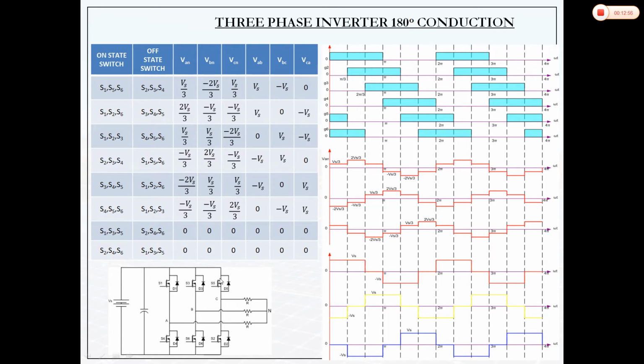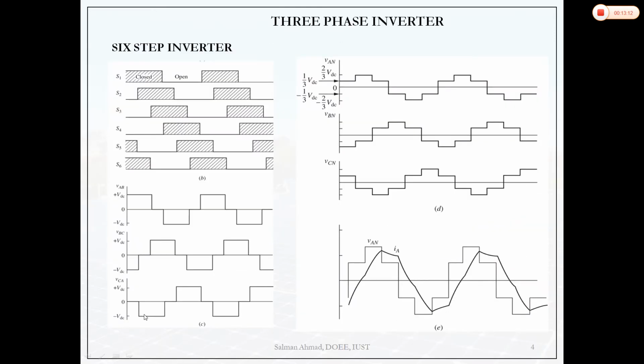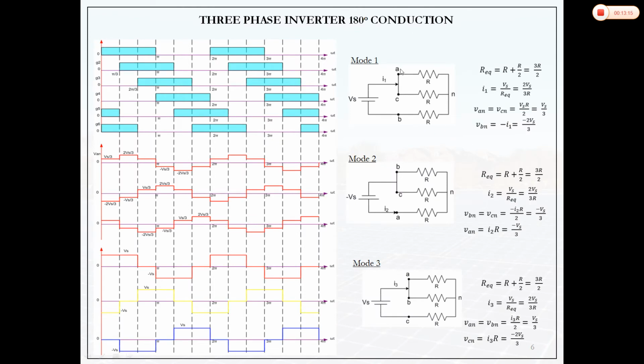Similarly, switch 6 is turned on, so switch 6 is here, and you can see that point B is connected to the negative terminal of the supply. So if I draw the equivalent circuit in mode 1, points A and C are connected together and connected with plus. Similarly, point B is connected to the minus. So this will be the mode 1 equivalent circuit. Now we can find what VAN, VCN and VBN will be by simply applying circuit analysis.